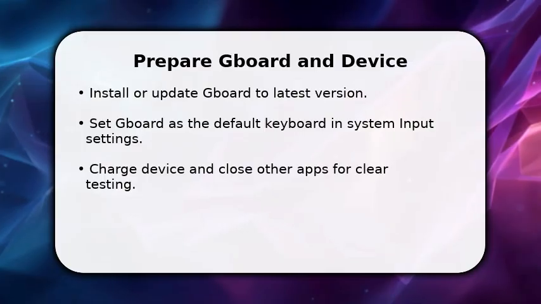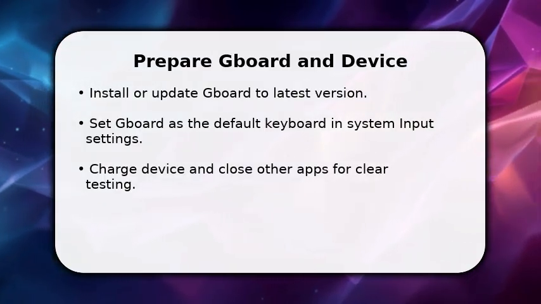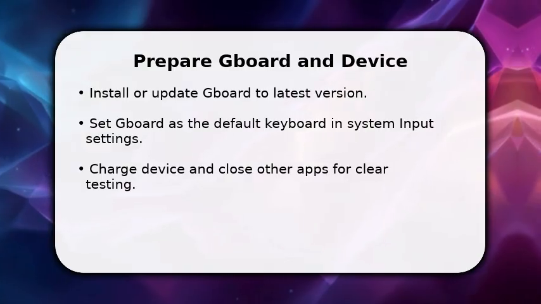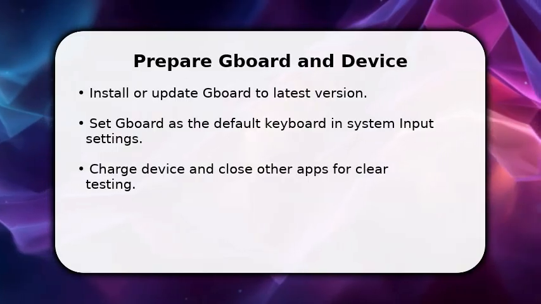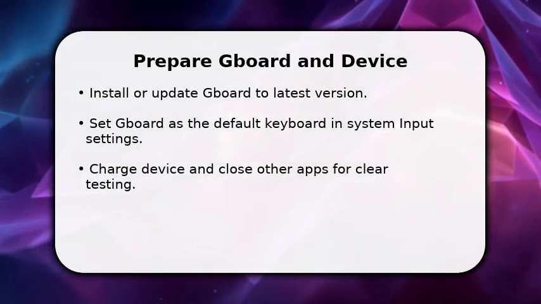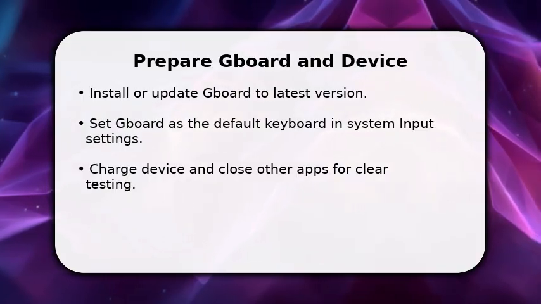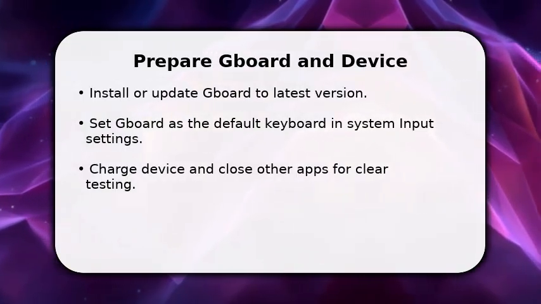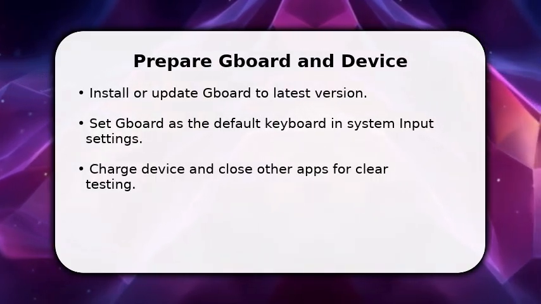You start by making sure Gboard is current and active. Open Play Store or App Store, update, then go to Settings, right arrow System, right arrow Languages and Input, and set Gboard as the default keyboard. Once done, close background apps to avoid input conflicts, and make sure you're testing in an app with standard text fields. This gets you straight to the first actionable steps without extra setup, so you can focus on layout and